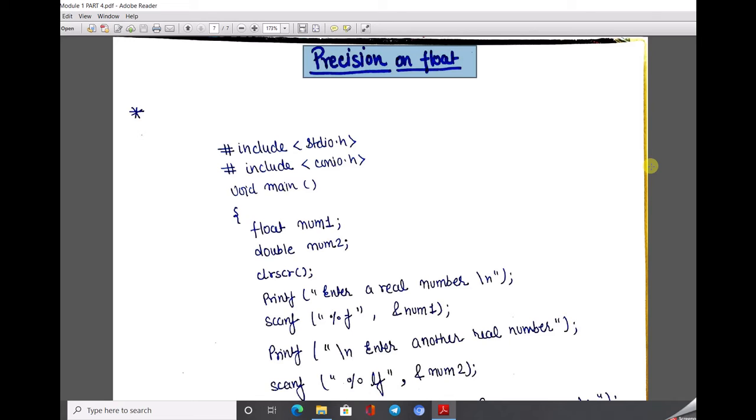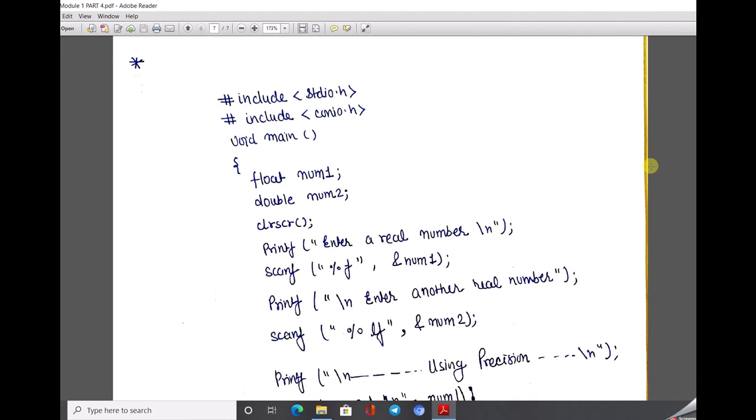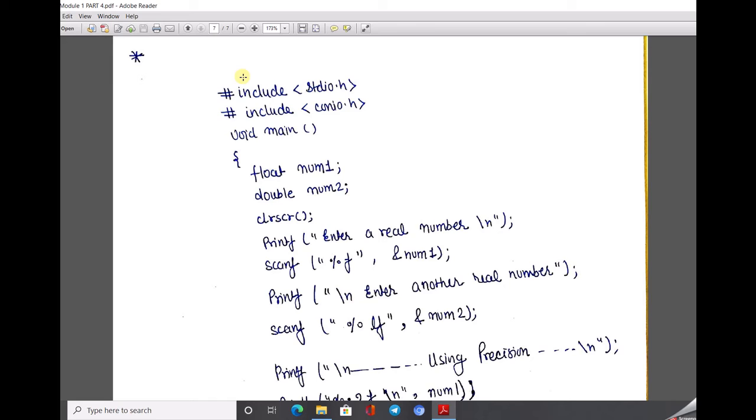So if we type 10.54675467 and here we mention precision 2, what do we get? 10.56 only, not 7, because here we assign the limit over the digits after the decimal point. So let's see an example of precision of float points.